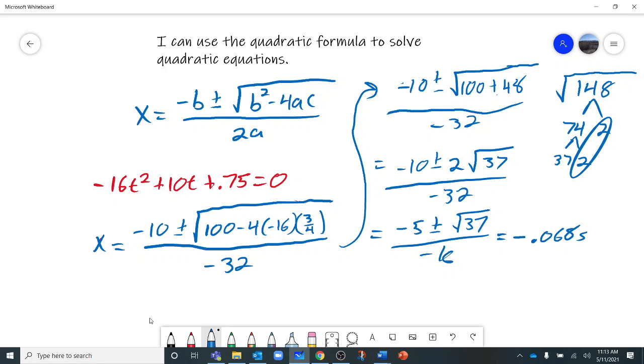Okay, so seconds. So he was on the ground negative 0.068 seconds before he jumped. Okay, traveling in time doesn't really make sense. Okay, negative 5 minus the square root of 37 over negative 16. Okay, that was plus. This one's minus. Is equal to negative 5 minus the square root of 37 is negative 11 divided by negative 16 and that is a positive